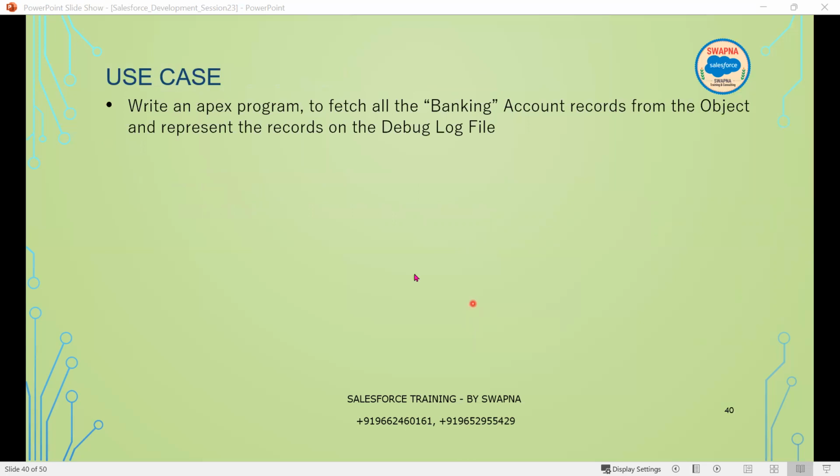Right, so let's take an example. Write an Apex program to fetch all banking accounts records from the object and represent the records in the debug log. Now, what is the condition here? What is the condition it is asking? Industry should be banking. It is only looking for the industry banking. So in that case,